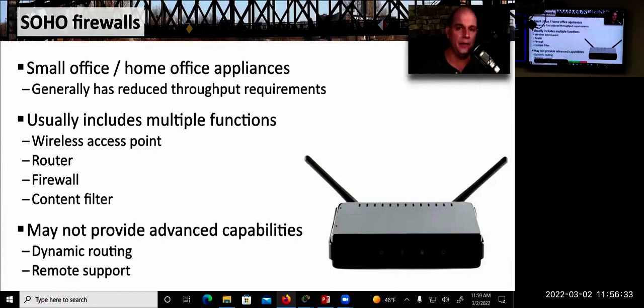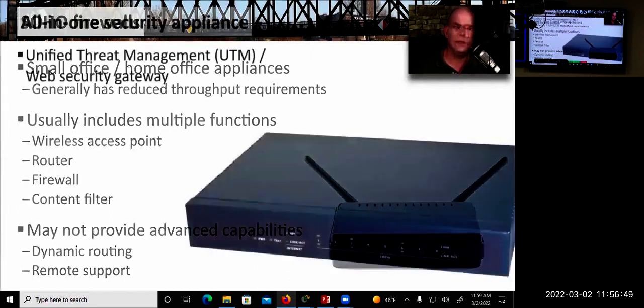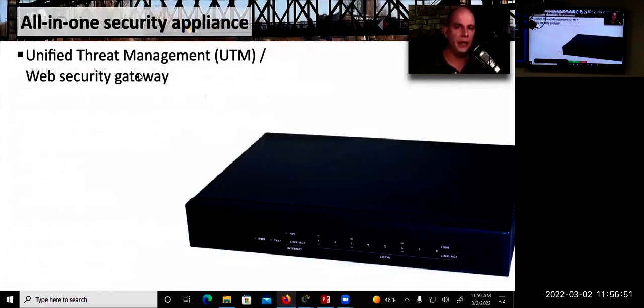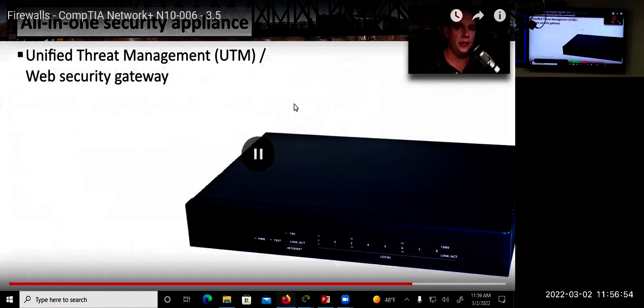What you may not get with these firewalls are things like dynamic routing protocol support or the ability to access the device remotely. These are more advanced capabilities that you would find in an enterprise firewall, but may not be available in these smaller home office or small office firewalls. These days, we try to put a lot of functionality into single devices, and you